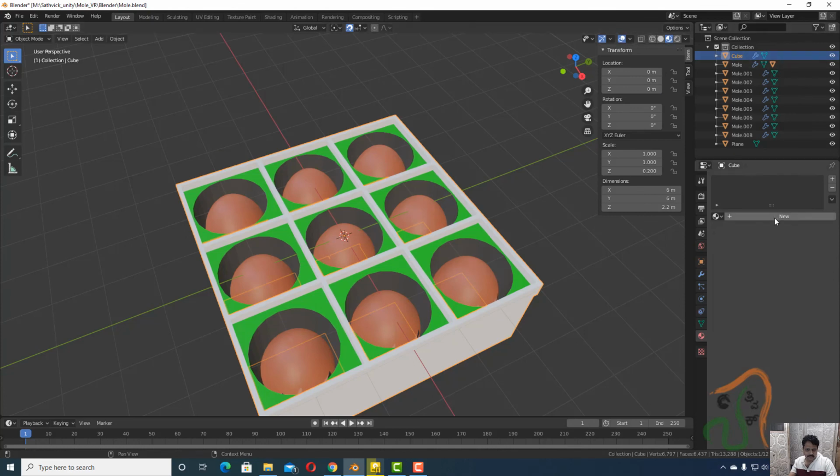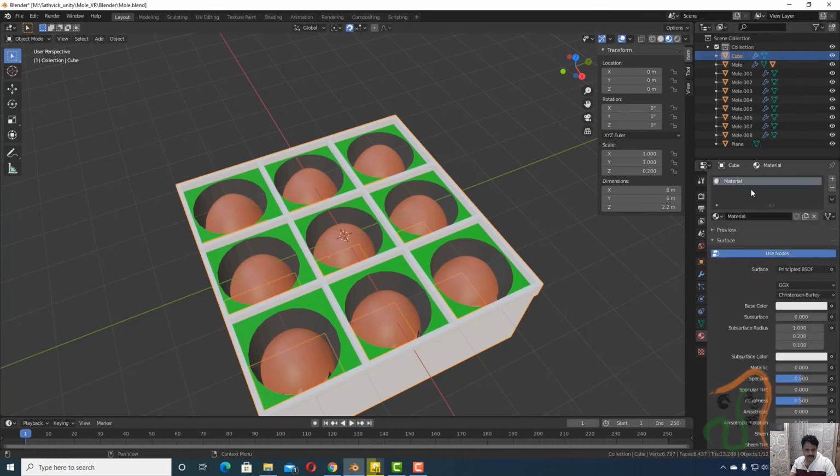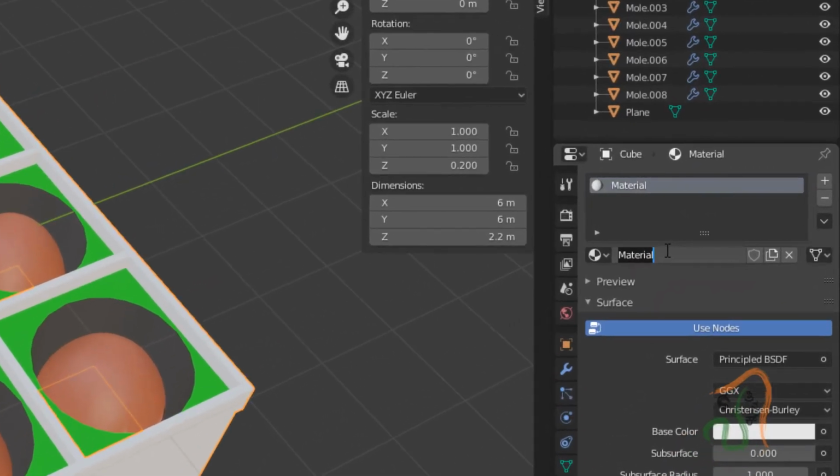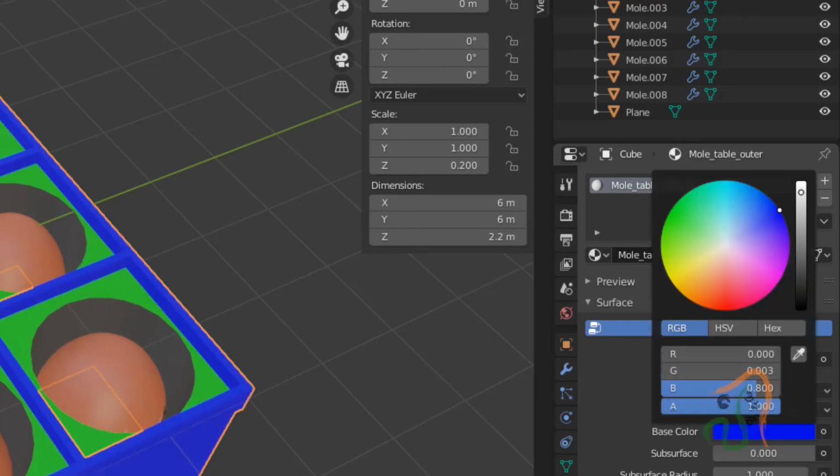With the cube selected, create another new material, and call it mole table outer. For this let us choose some blue tint color, some dark blue.